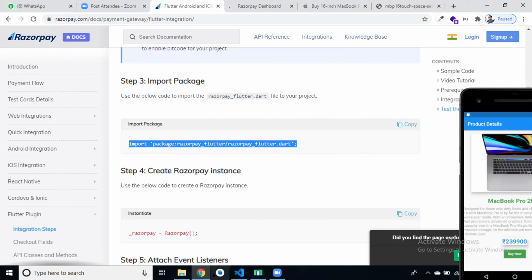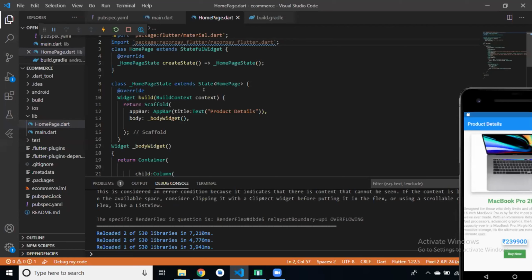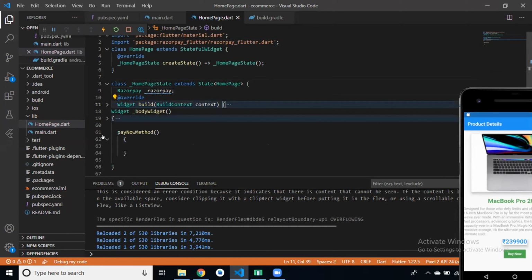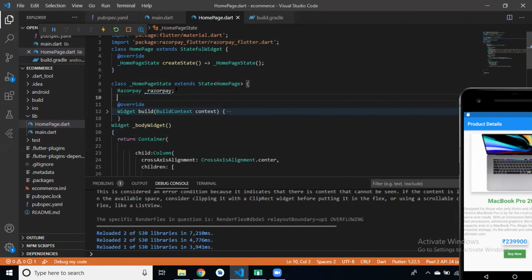Yes or no? So first we take a variable Razorpay, same like a class and object. So first we need to create an object of this class. So where can we initialize this object, in which method?